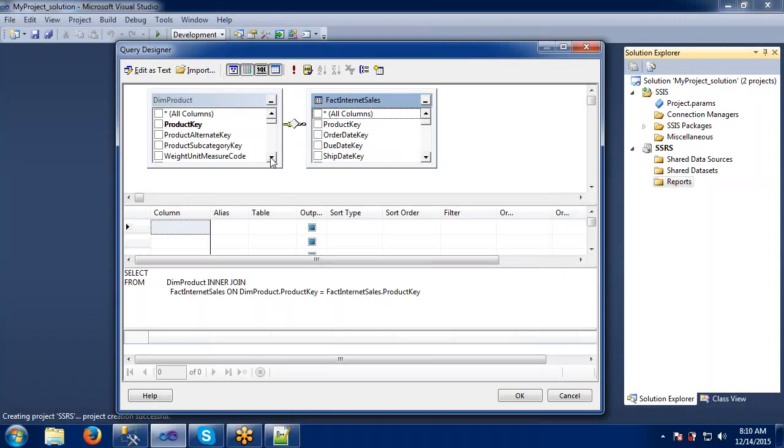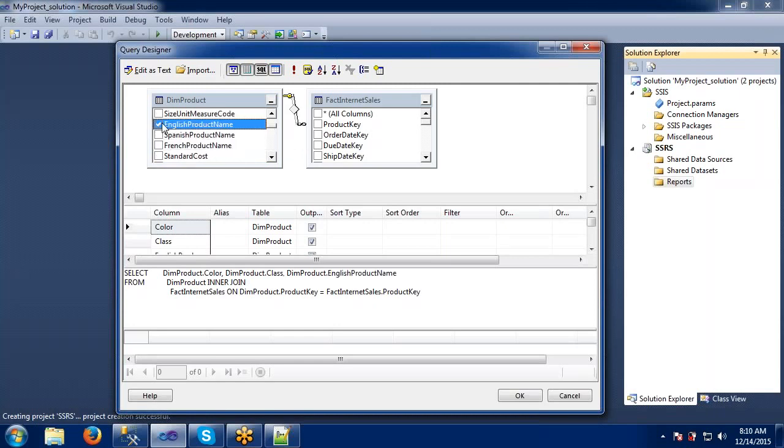In this case I won't take everything, because there are a lot of columns here. I will take some color, some class, and some English product name. So see, whenever I click here, it's automatically writing the query in the builder.